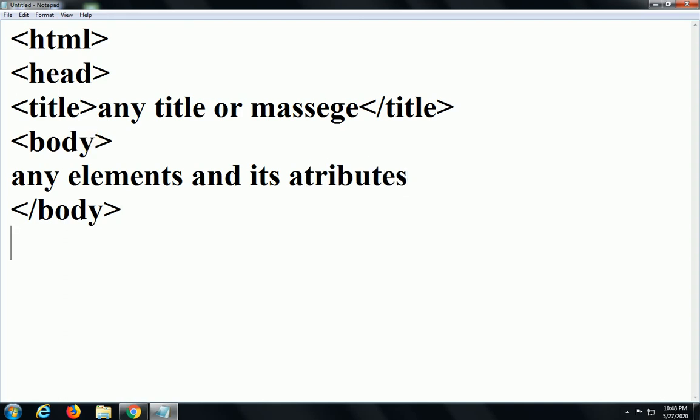Then after that close the body tag and finally close the HTML tag. This is the basic structure of the format used to create any web page in any text editor.